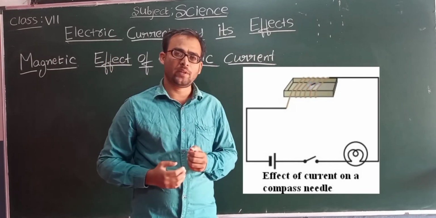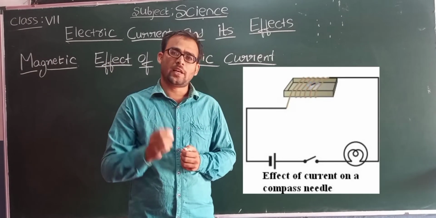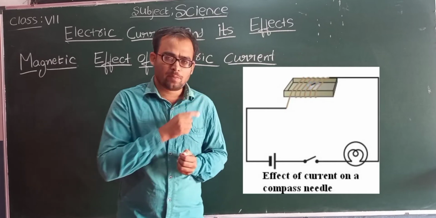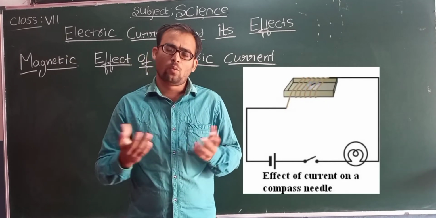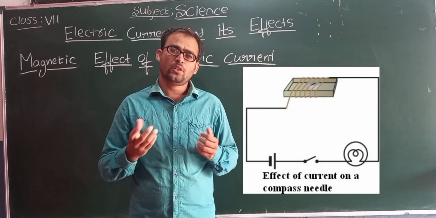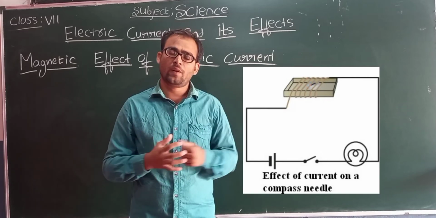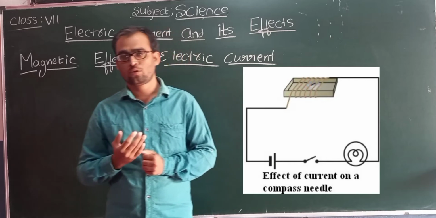The needle which is kept in the tray is a tiny magnet, and whenever the current is passing through the circuit, the needle gets deflected. Why is it so, students? Even though there is no other magnet, why is the needle deflecting? It is because, students,